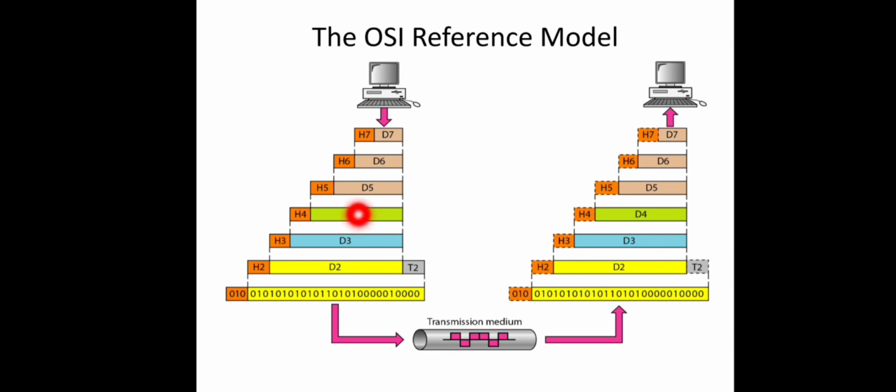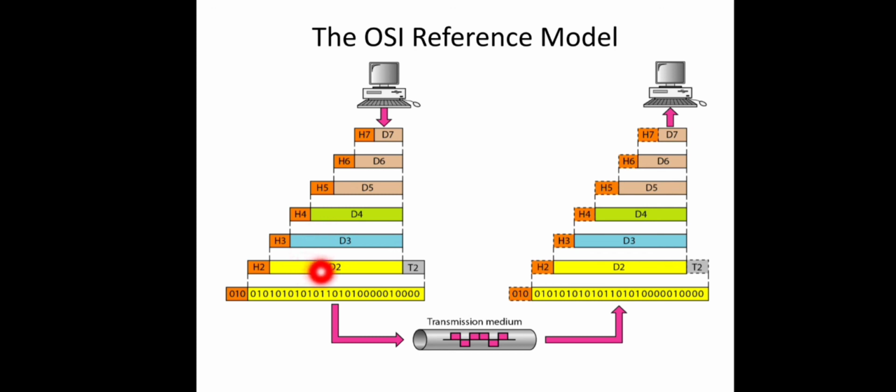The transport layer will divide the entire data into different segments according to the network capacity, and some header part like port number and sequence number of different segments will be attached with every segment, and that will be passed over to the network layer. So in the network layer, each of the segments will be treated as a separate packet by attaching a separate header, right? The IP address of the sender and receiver will be attached with every packet, and that will be passed over to the data link layer.